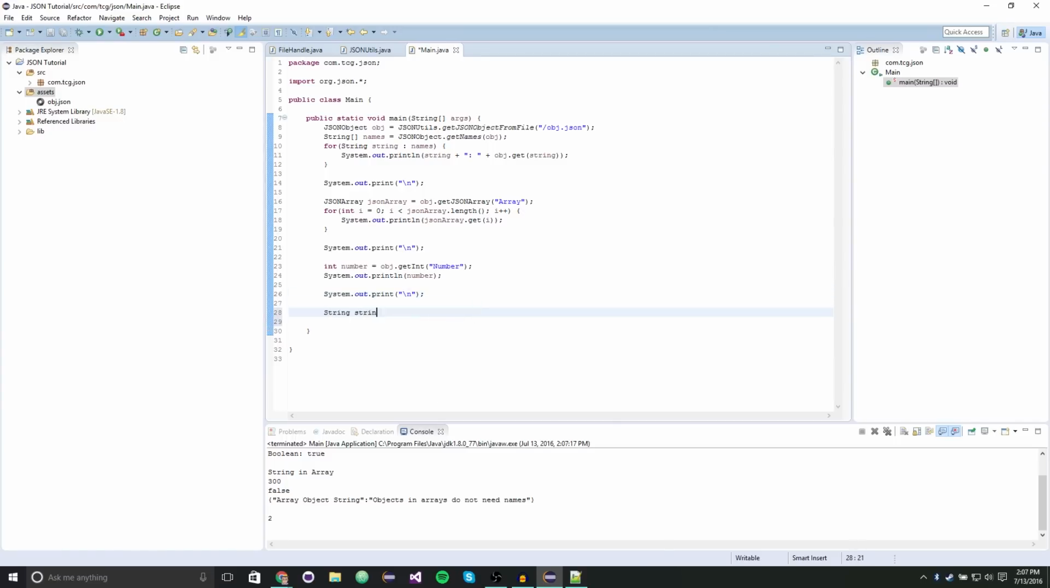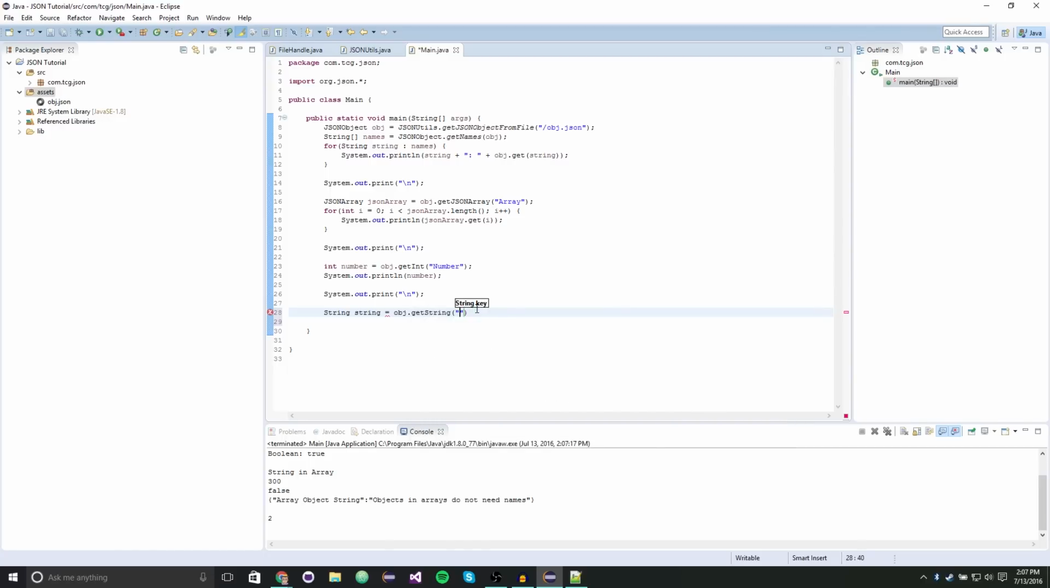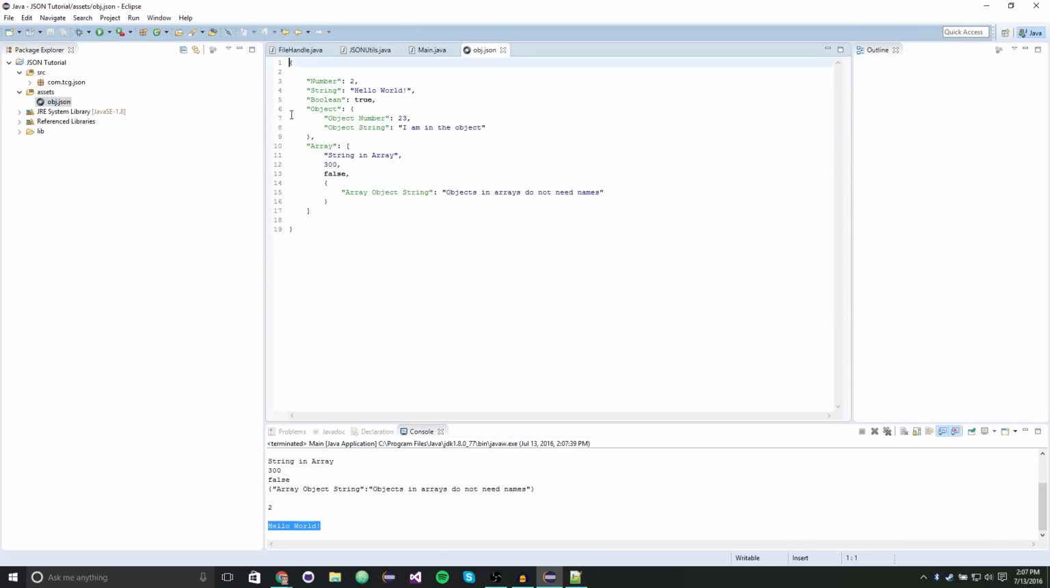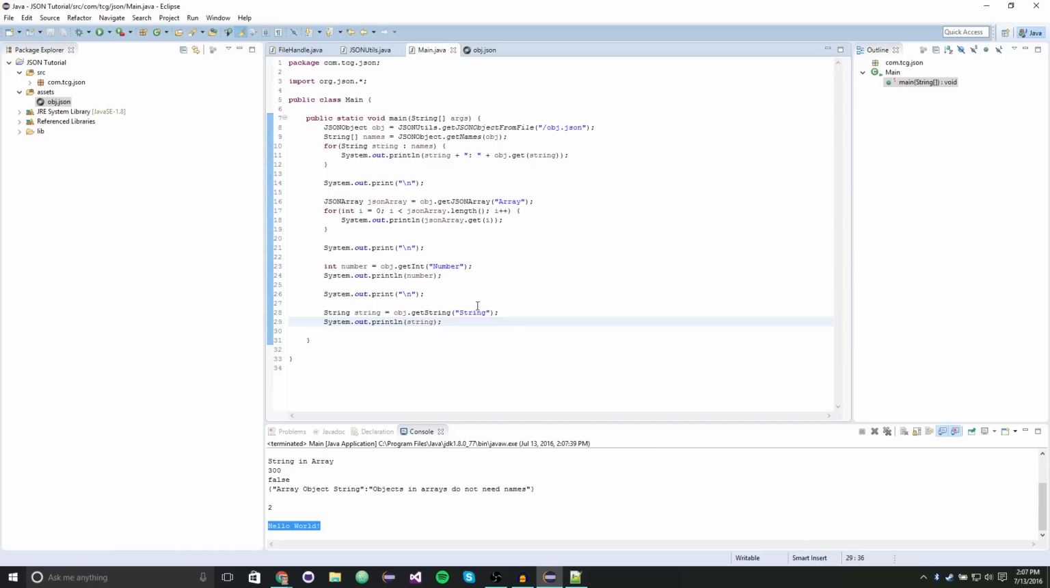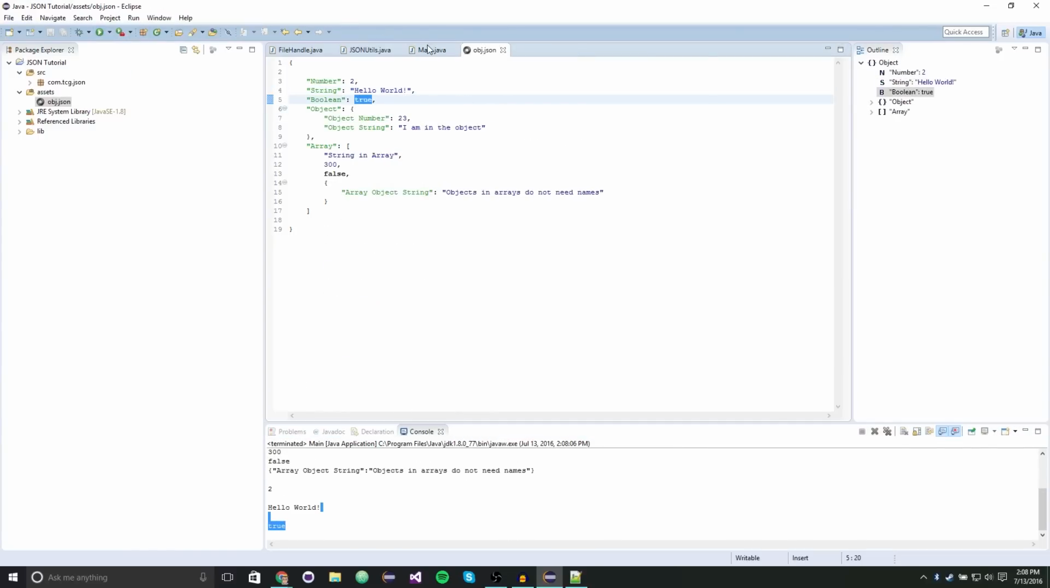And then we can get the string. So string equals obj.get string. Make sure it's capitalized correctly. Sysout string. And you can see we have hello world as it was in the file here. We got 2 as it was there. And lastly, you can, I'm so sorry. Boolean bool equals obj.get boolean and sysout bool. So we got true. So that's the basics of reading a JSON